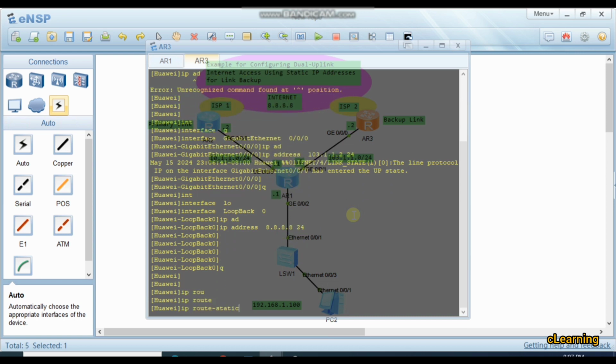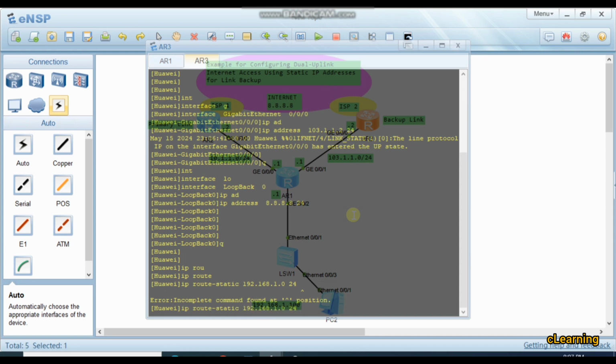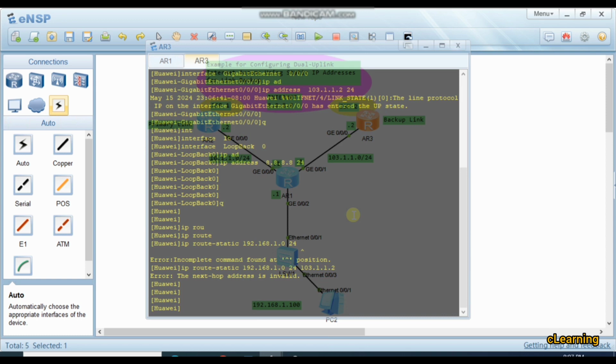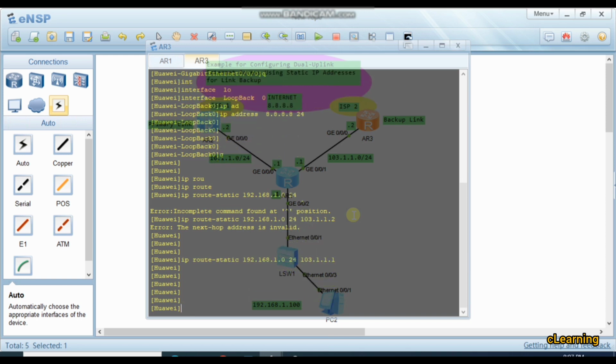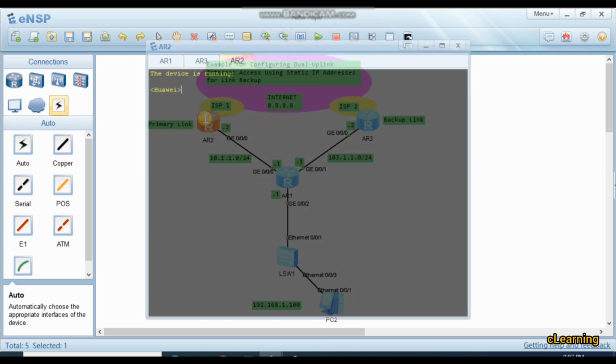So IP route static, if you want to go to the 192.168.1.0 network, /24, go through 103.1.1.1. Here as well, system view, interface giga 0/0/0, the IP address would be